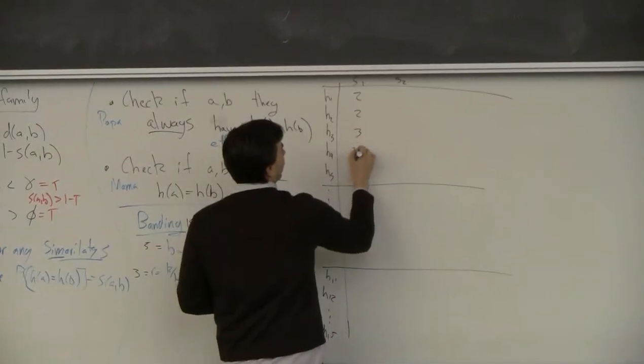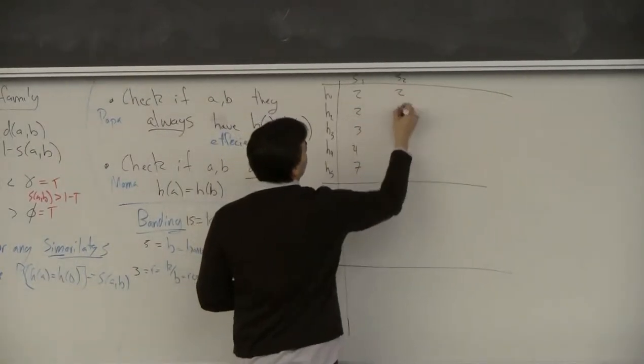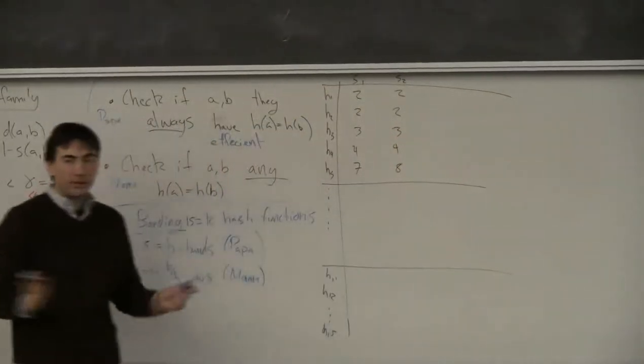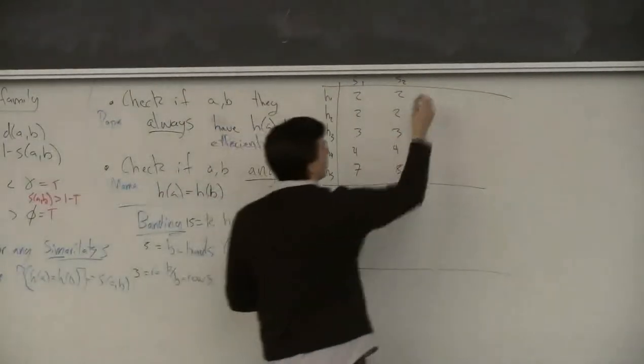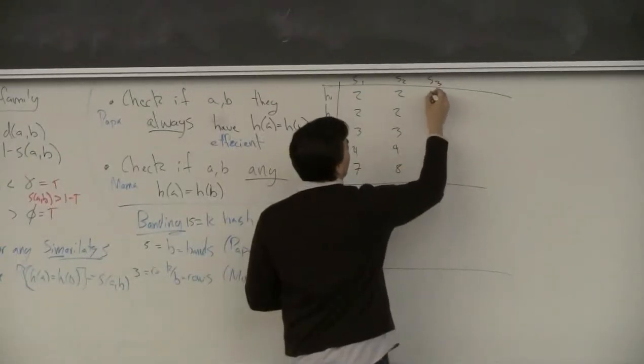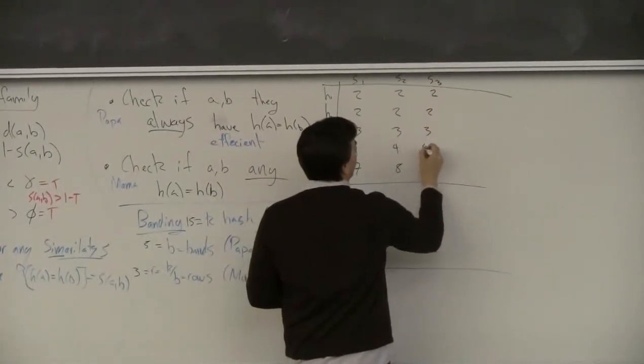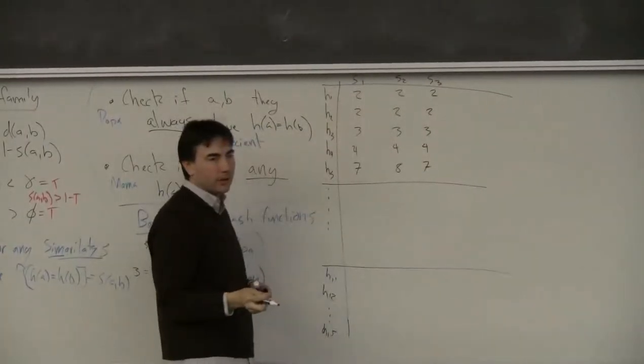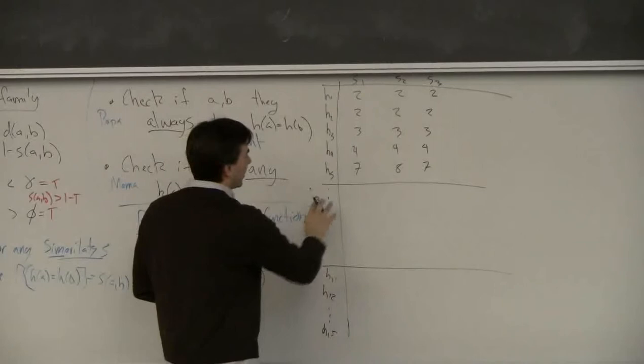2, 3, 4, 7, and this is 2, 2, 3, 4, 8. That's not a match. So I set 3, now I have 2, 2, 3, 4, 7. S1 and S3 match now. Okay? Now I'm going to do this